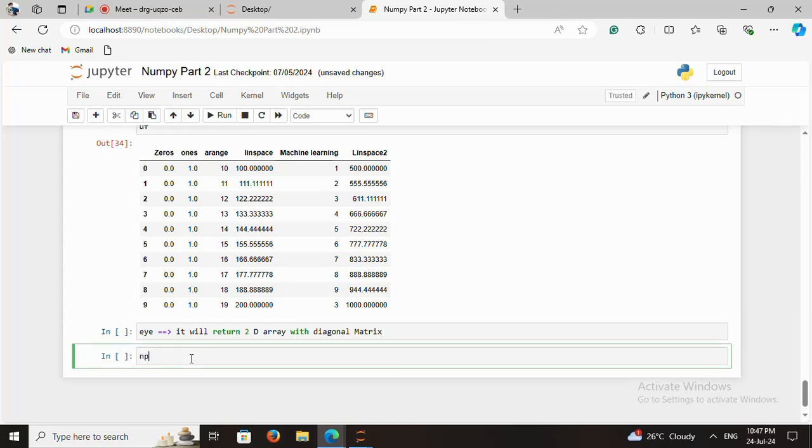So first example, np.I, passing here a range like 3. Okay, so by default 3 means 3 rows and 3 columns. If I assign 3, 4, it will be 3 rows and 4 columns, but if I just assign 3, it means 3 rows and 3 columns. So 3 comma dtype is equal to int. If I print, I will get the result, and the result will be a 3 by 3 matrix,